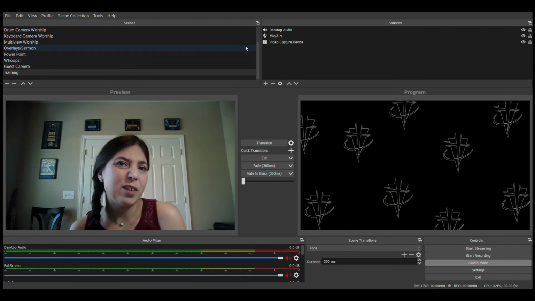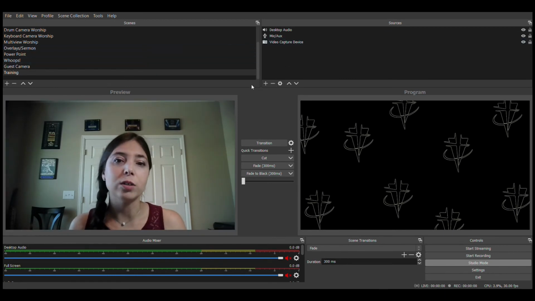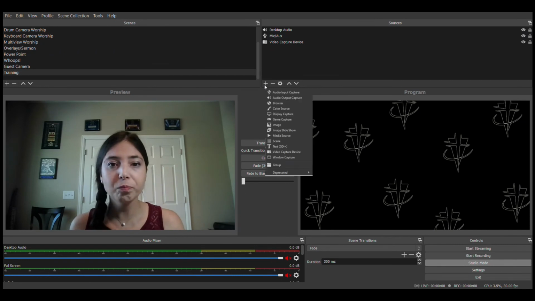The other thing too, if you ever need to add a source, that sharp plus button, and you have all these different sources. The biggest things we use is the video capture device, the NDI source, which is for ProPresenter, or for a couple of special cameras. Images, those are our pictures and overlays and everything. And then, yep, that was it. And possibly audio, but generally not, because again, everything is through the soundboard, so you shouldn't have to worry about